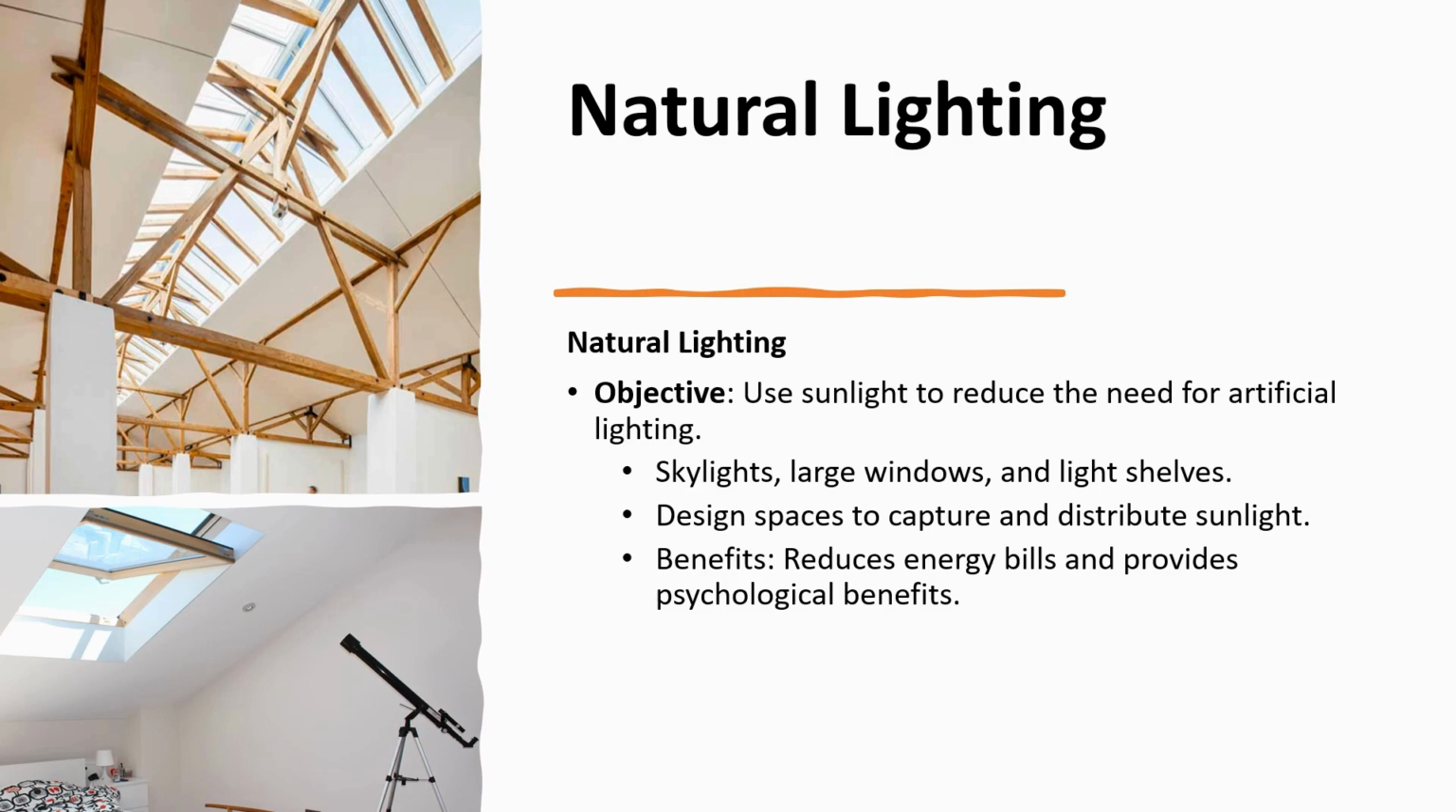The characteristic of a green building is the application of natural lighting. Yeah. So we want to use sunlight to reduce the need for artificial lighting. So in order to achieve natural lighting in green building, we can use a skylight, we can install large windows, and also we can use a light shelf. We can also design our space to capture and distribute sunlight. This is very beneficial